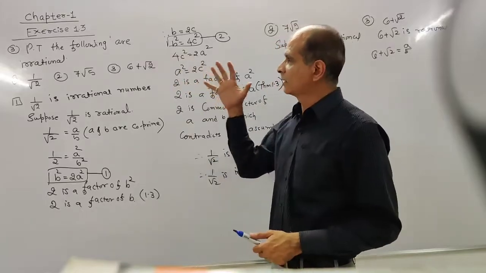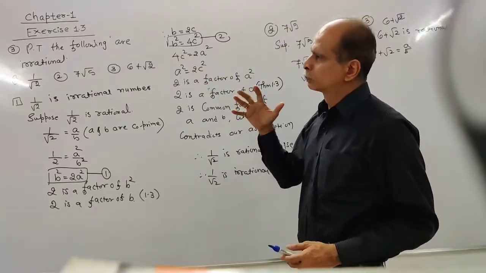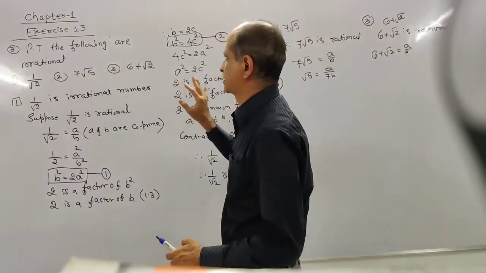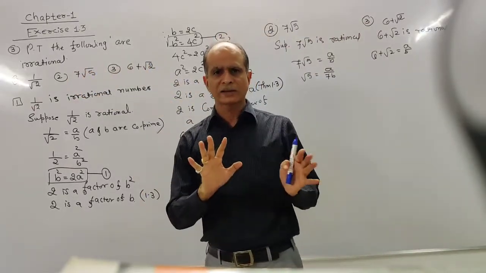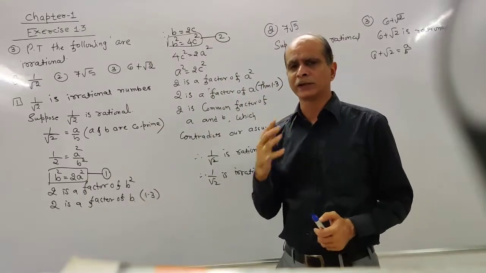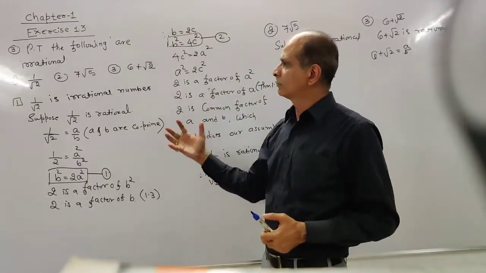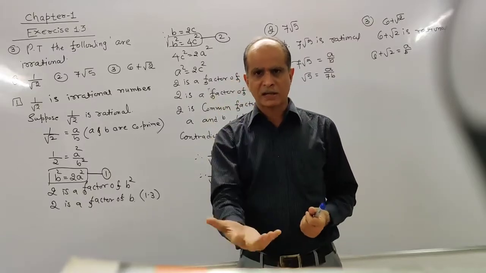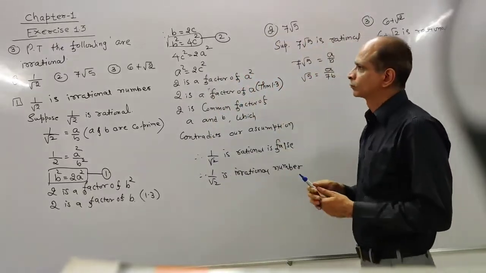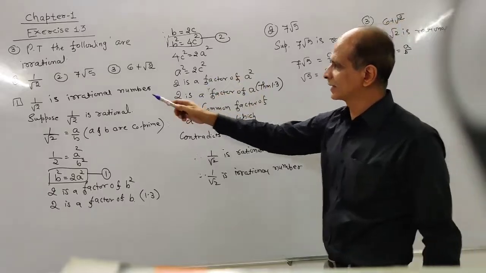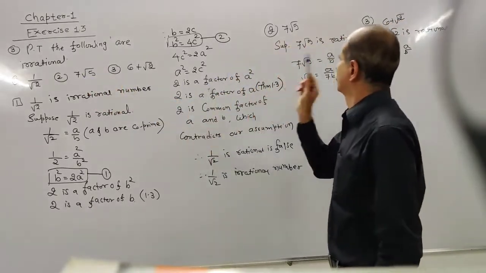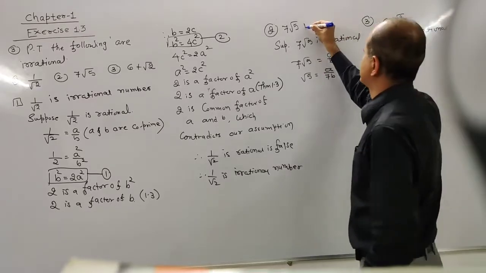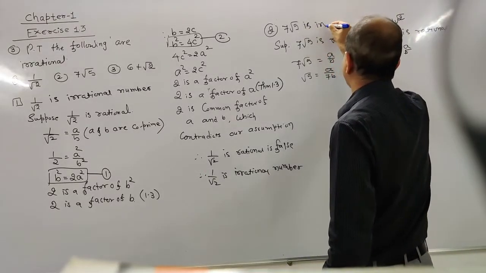So in this exercise number 1.3, 3 examples are given to you. In third one, again 3 examples are given to you. So only 5 examples are there, and here you have to prove that the numbers are irrational numbers. You have to use indirect method, contradictory method. Well, let me start second example, that is 7 under root 5. Very simple example. 7 under root 5 is irrational. That you have to prove.